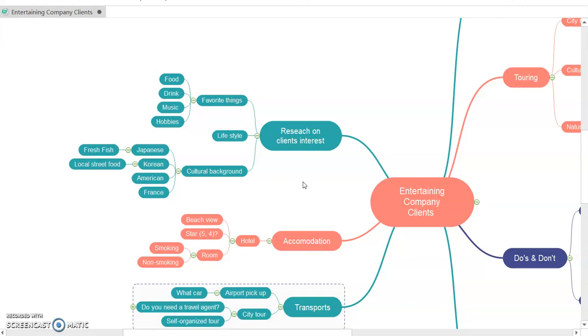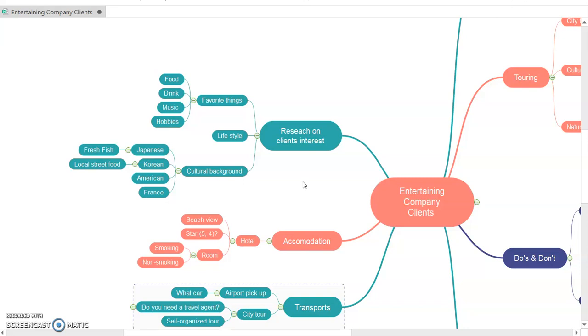For example, you need to know the favorite things, the lifestyle, and the cultural background. For example, you are dealing with someone coming from Japan, and then you need to understand what Japanese people like to do and what Japanese people do not like to do.